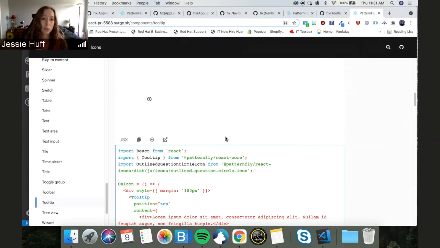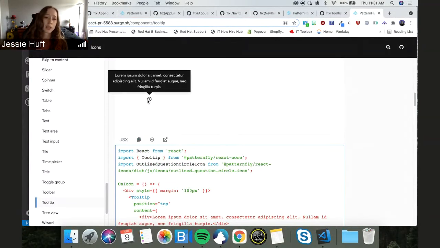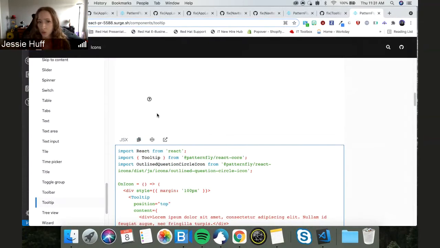So maybe if you have a bunch of these icons, maybe you would want to have a legend instead, something like that. So this is a potential solution if you just have this one icon. But if you're using multiple of these icons, maybe consider something else that might be a little more user-friendly. But yeah, I think that's the main updates, kind of wanting to talk about the ways that you might be able to customize these components for accessibility and also just examples in which this might affect you. So I think that's it.